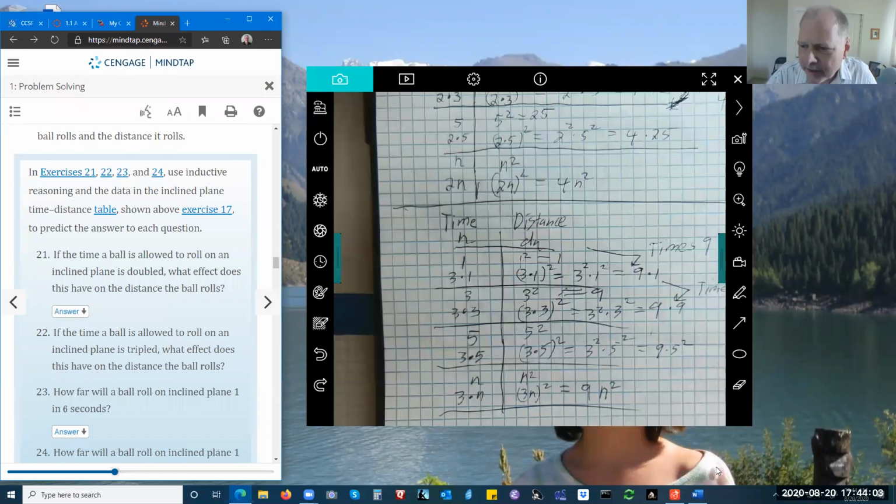Somebody asked a question in the chat. If the time was quadrupled, would the distance be 16 times? Yes, it would. Right. Let's see, a student, Emma Cobb, you have your hand up. I was just wondering, is there a formula for it, like when you double the time and stuff, or do you have to go through all this math to find out every time? Because it looks like it's 2 and then times 9 for